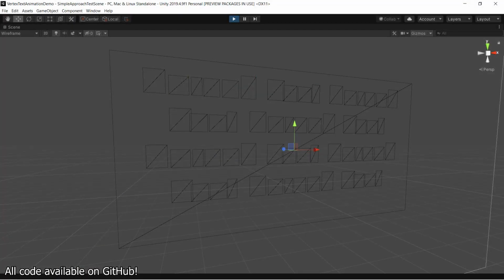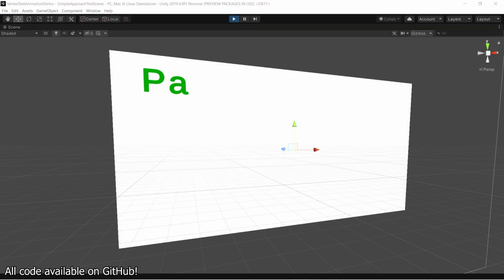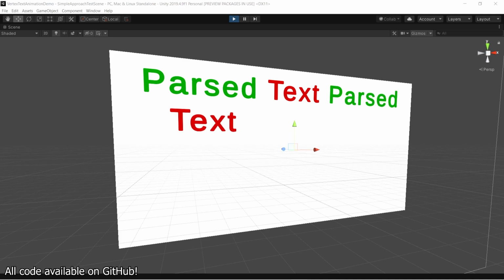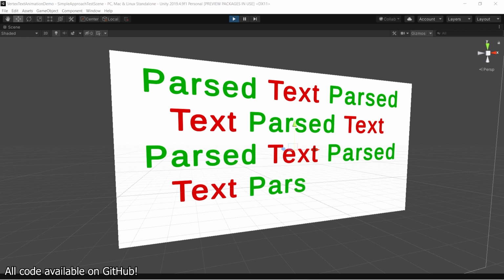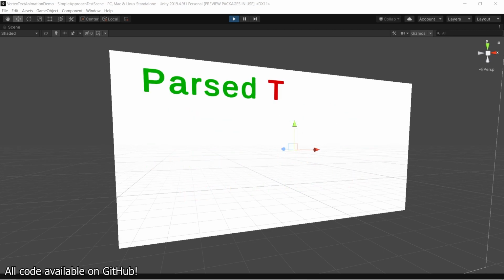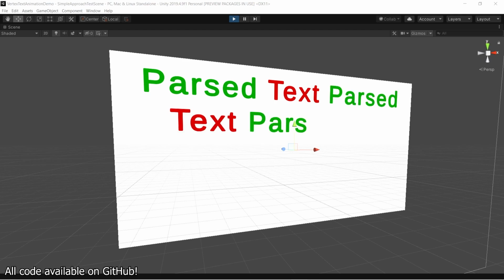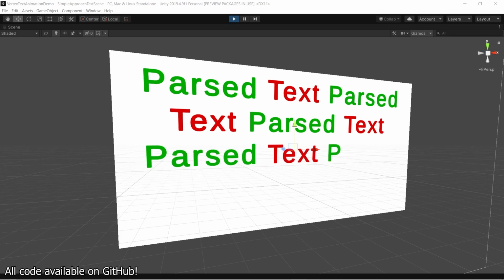To animate the text in, I needed to take these rectangles, make them all invisible, and then make them visible again one by one. Originally, I did this by setting the vertices color to be transparent. Each vertex has a color associated with it, so if you set that color to transparent, the letter disappears. I would then set the vertex colors back to their original color, 4 vertices at a time. This worked great and solved all the issues I mentioned before. The text component properly formatted and positioned the full string for me, and I just had to animate the color